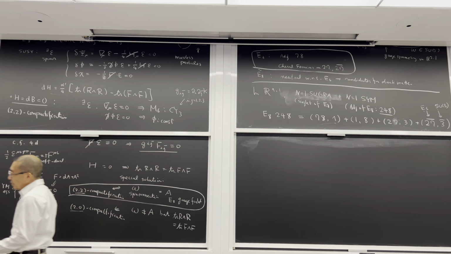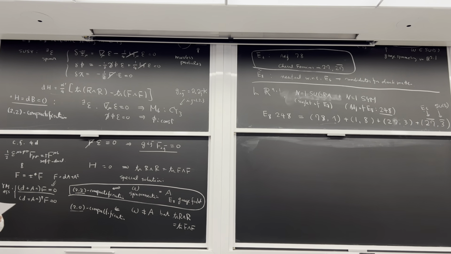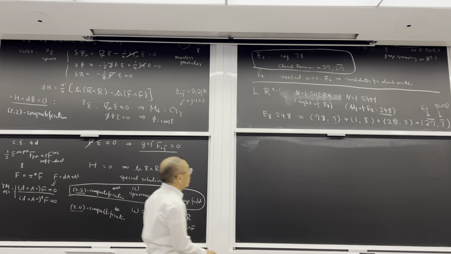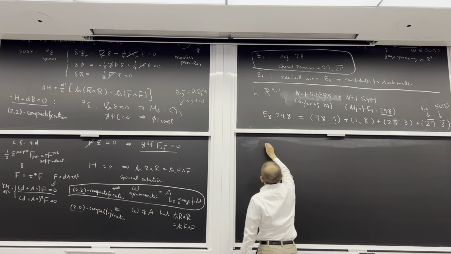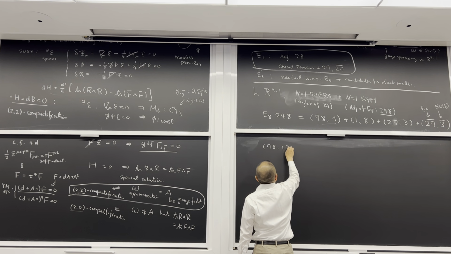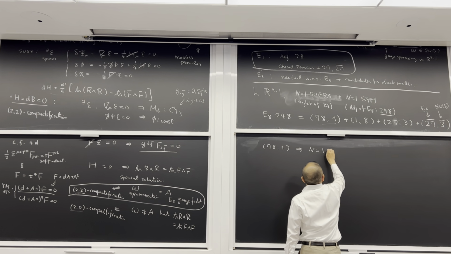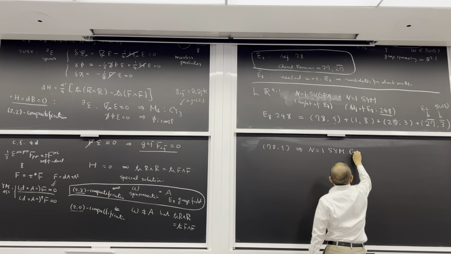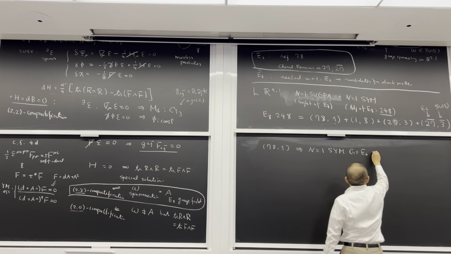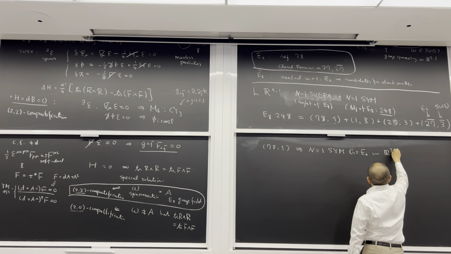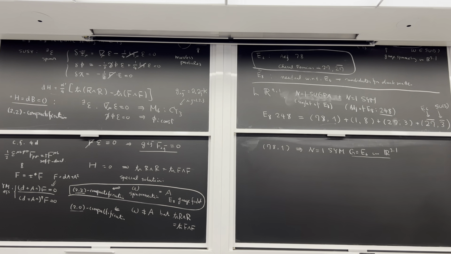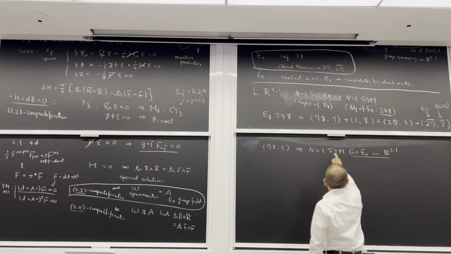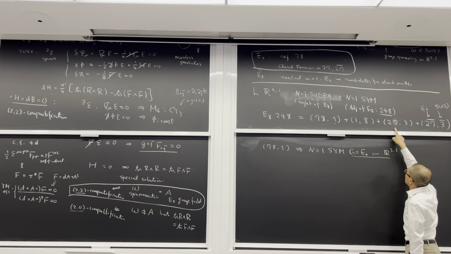Okay. So now you can ask, well, how? So what are some of these things? So first of all, this is easy to understand. So these give rise to N=1 super-Yang-Mills with gauge group E6 in 4 dimensions. So in 4 dimensions you have supersymmetric gauge theory with E6 gauge group. Okay? So now let's skip this for now. I will come back to this one. Let's look at these things.